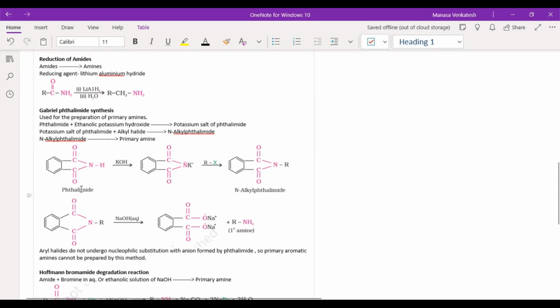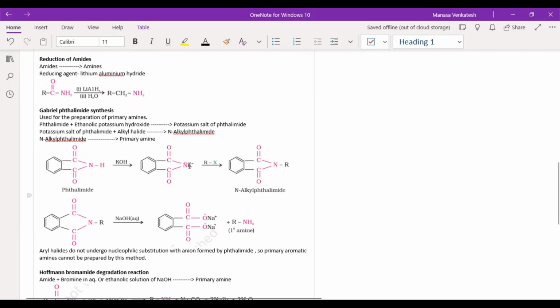So what's happening first? Phthalimide is this pretty little thing. Okay, you have a 5-membered ring over here. You have a 6-membered ring. Okay, and you first react it with KOH. H gets kicked out. K comes in, so N minus K plus, that's what you get here. And then it reacts with RX, where RX is a primary alkyl halide. Very important. It's not secondary or tertiary, it's a primary alkyl halide. And this is leading to the formation of N-alkyl phthalimide, basically K getting kicked out and R forming a bond